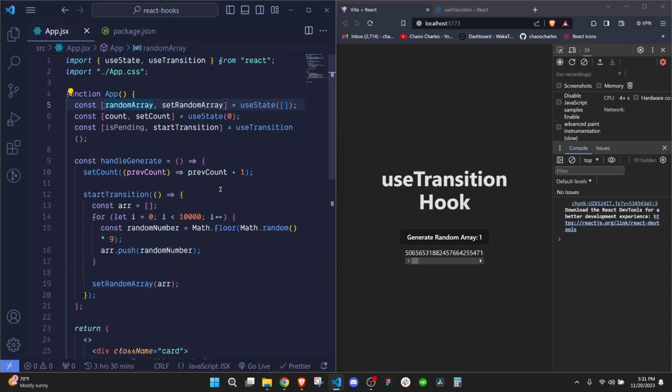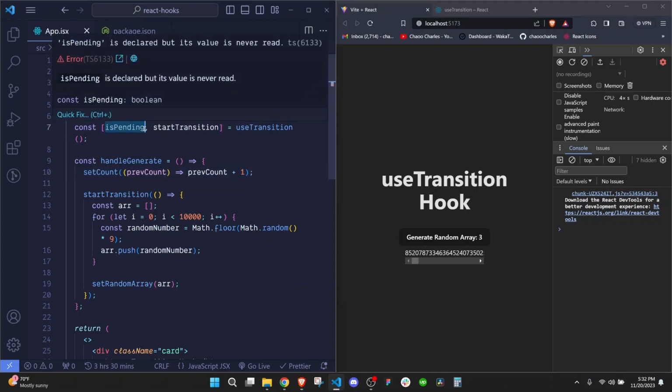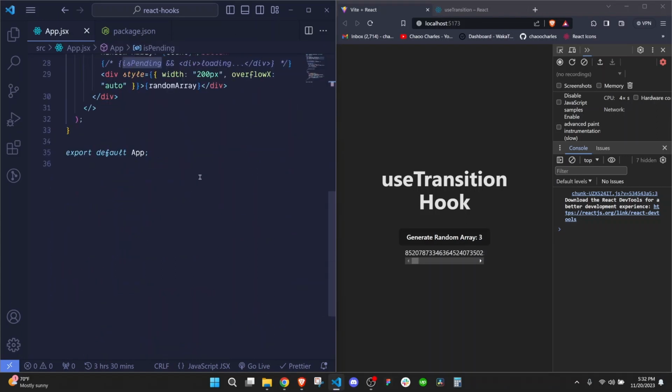So this count is now updating immediately, meaning that this state is not blocking this state. Okay, so I click, look, our count updates first, then this follows. And this is the work of the useTransition hook to prevent some state update from blocking the UI for other states. Okay, and the good thing is that it also has this isPending state,